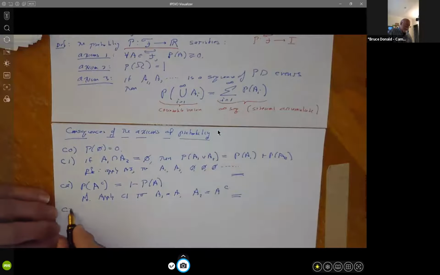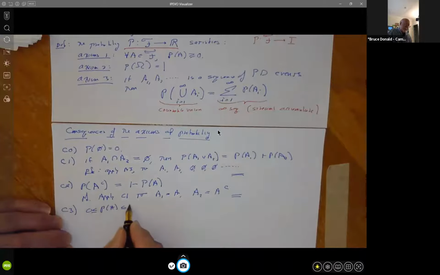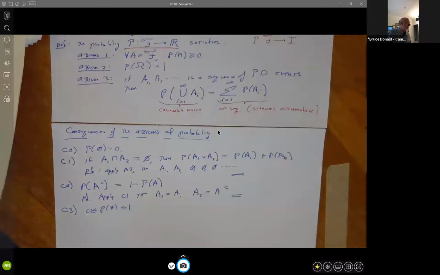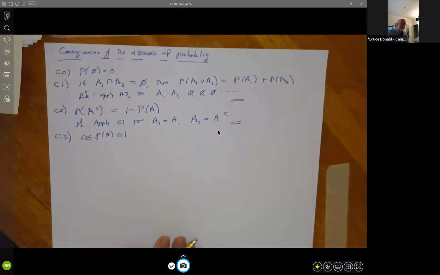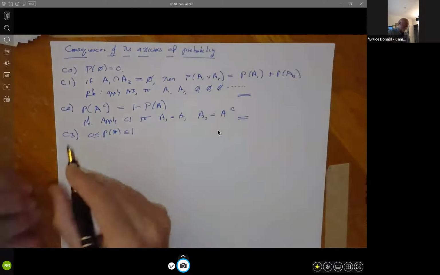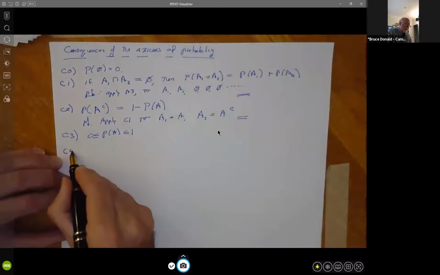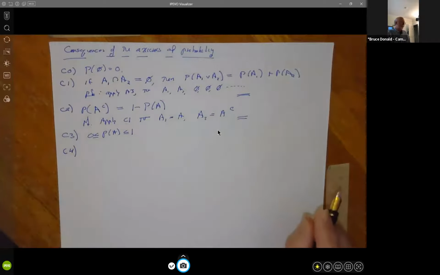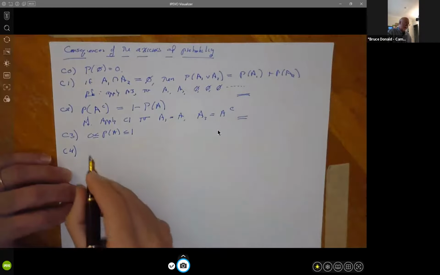Okay. C3 we've already sketched. You can come up with a proof of this. It says that probabilities are bounded between 0 and 1. So the probability of an event A is always greater than or equal to 0, always less than or equal to 1. I'll let you prove it. I want to say 2 more. These 2 are given in the notes, but try to prove them yourself. They're extremely powerful for computing, and they're fun to prove, although they're not that fun to listen to someone prove. And since I want to have fun in this lecture, I'm going to let you all prove them. But I'll state them, and I'll tell you where to find them in the notes.